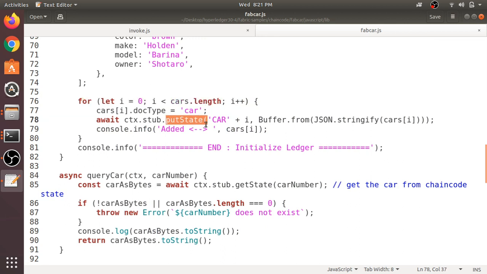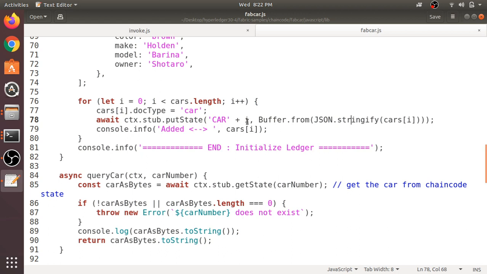the state. There is a state as well as a transaction log in Hyperledger Fabric. We are storing the values using the function putState, and here you can see we are giving a key value as CAR plus i. Each piece of information regarding each car is inserted with a key value CAR followed by an iteration value from 0 to the length of the list, followed by the data regarding that particular car.